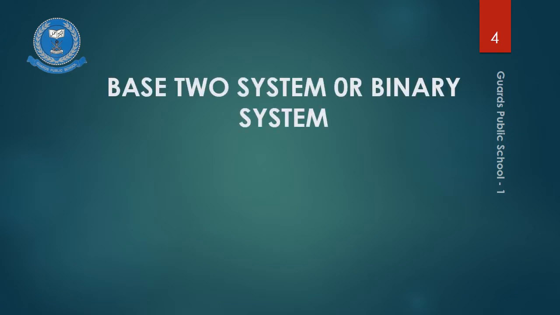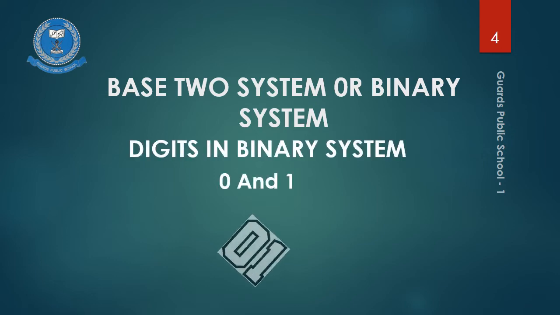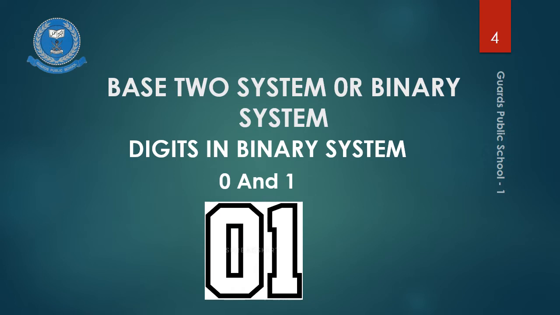Base 2 system, which is also called a binary system. As it is shown by its name, bi, which means 2. So this counting consists of 2 digits and these 2 digits are 0 and 1. As this number system consists of these 2 digits, that is why we use 2 as a base to indicate the number is a binary system.